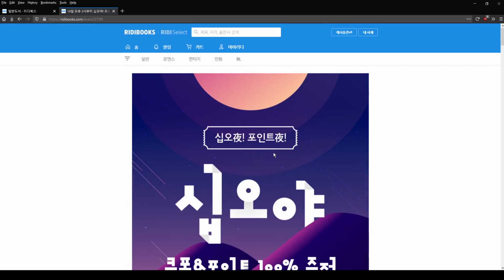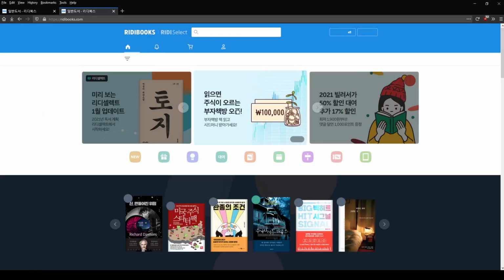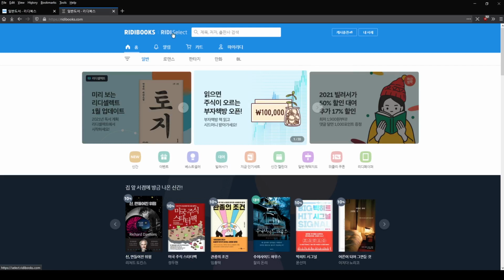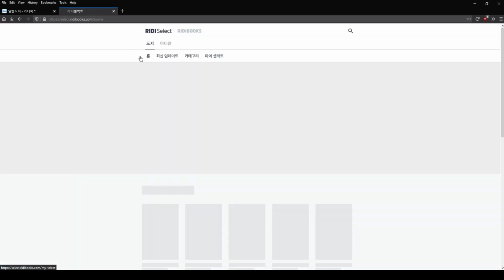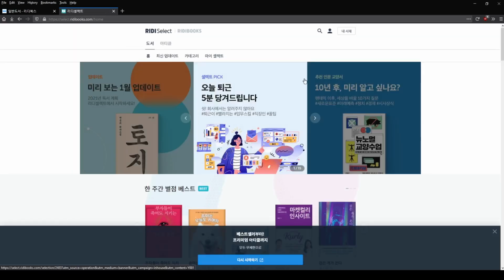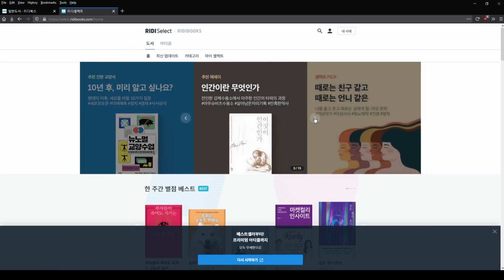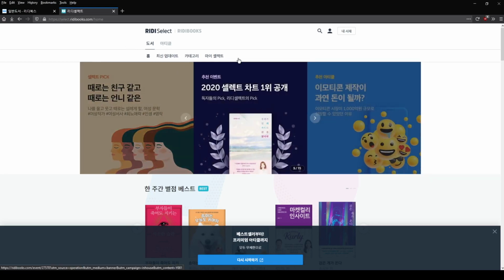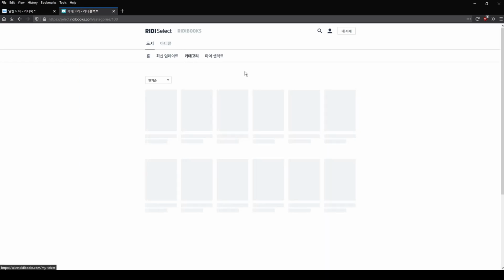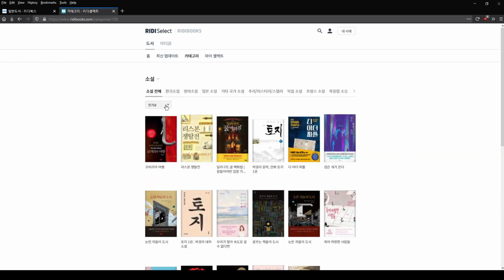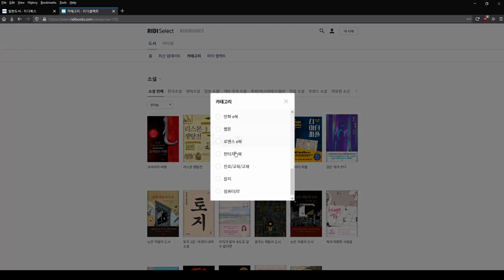So then there's that, and then you've also got the option of doing Ridiselect, which is effectively Amazon Unlimited. So you pay monthly. It's actually gone up now because they added these articles, but you pay monthly. You can get all sorts of books, and if there was one that I recommend, if you go here to the categories and you go to the Orini section,